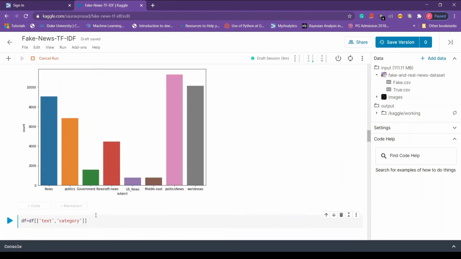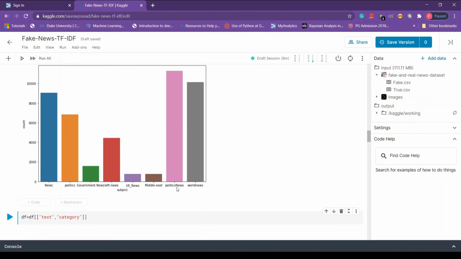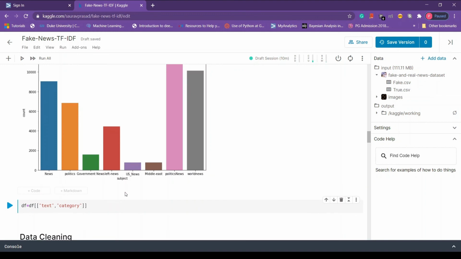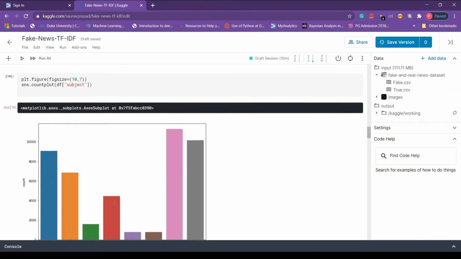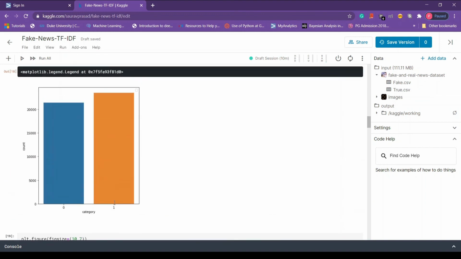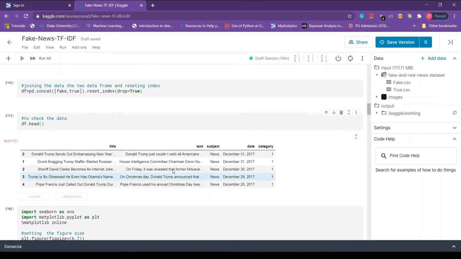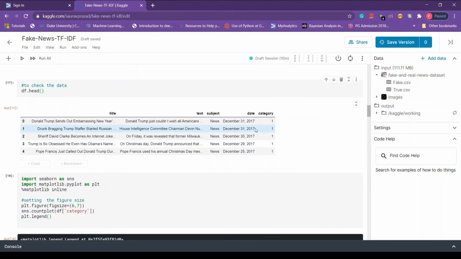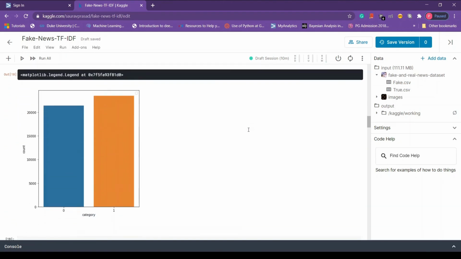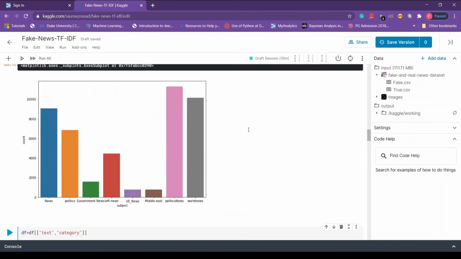Let's do the same for the subject column. So here we see that the count for political news is highest. Since it's an NLP task, we only require two columns, that is the text and the category it belongs to, because other columns are not that useful for us. So we will be dropping the rest of the columns. To do that, we call our data frame and pass these two columns in a list.